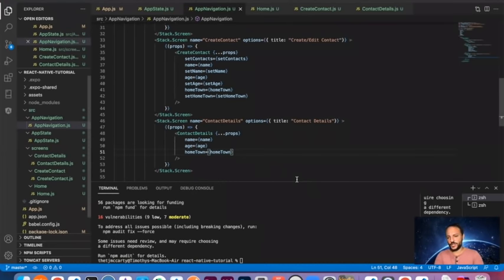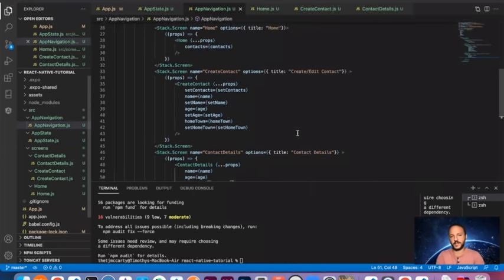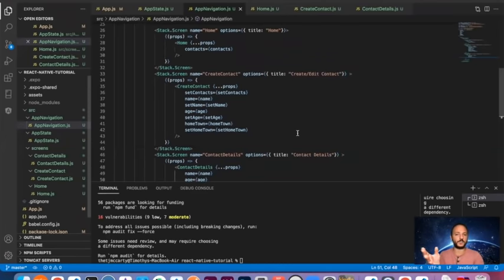The last thing I wanted to show regarding navigation is for Expo Web, for websites, how you create parameters. So how do you give a parameter, a permalink to your page, maybe like your website.com/create-contact, contact details, stuff like that. So this doesn't really apply to apps, but it applies to the website portion if you want your app to also be a website. In order to do that, you'll want to